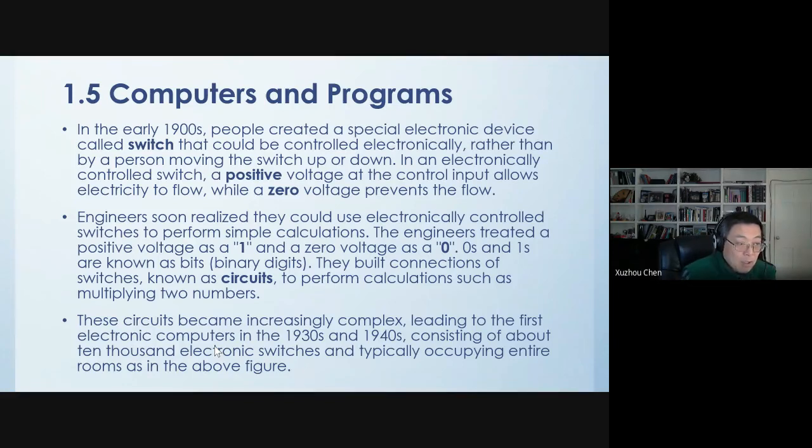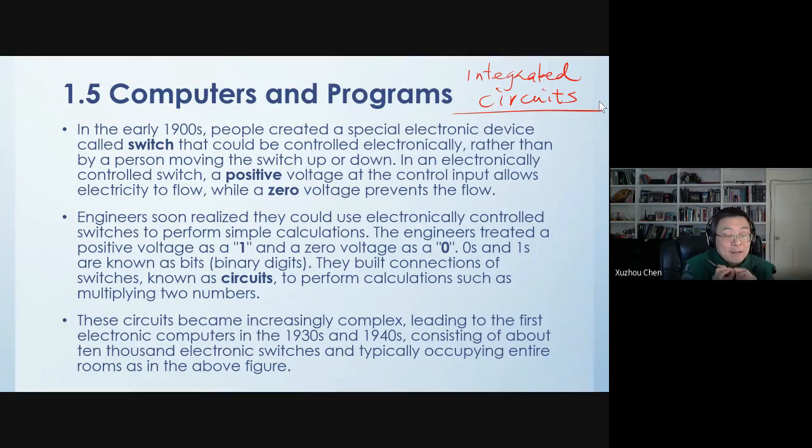A modern computer is an electronic device which consists of a whole bunch of something called integrated circuits. An integrated circuit is kind of like a silicon wafer or silicon component. Inside the silicon wafer, it consists of millions or billions of